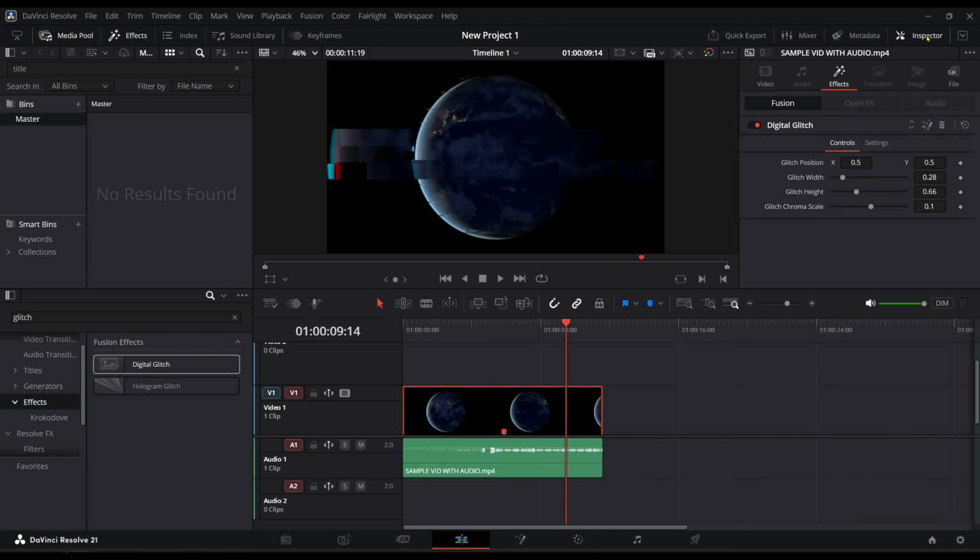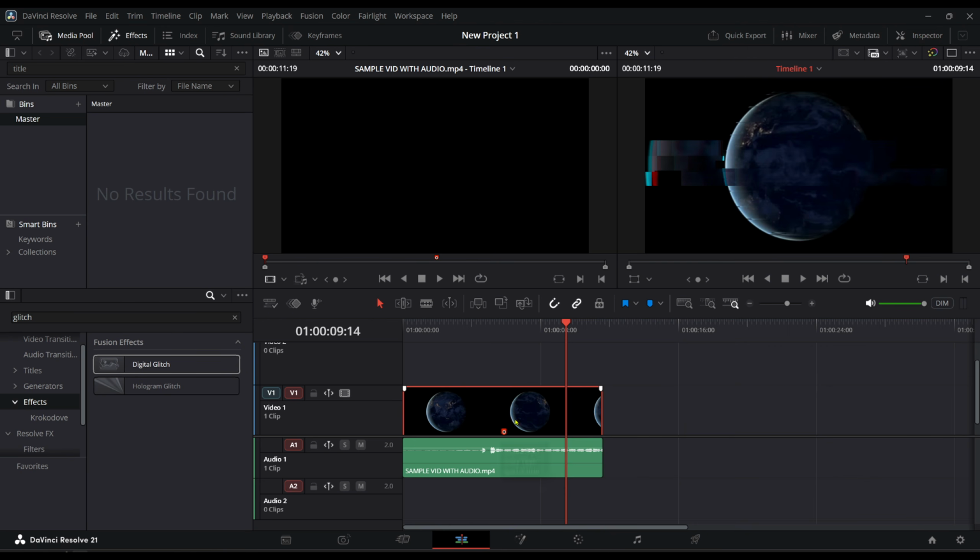To begin, go to your timeline and find the video clip that has the effect applied to it. Once you've found the correct clip, click on it to select it. This is important because DaVinci Resolve only shows the settings for the clip you currently have selected. If nothing is selected, or if the wrong clip is highlighted, you may not see the effect controls you're looking